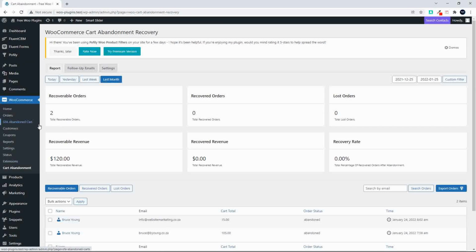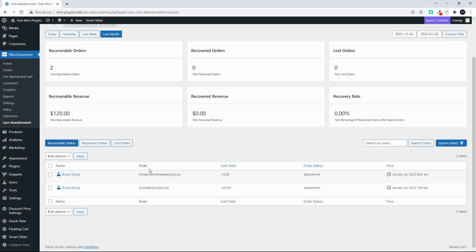So this is doubling up, so perhaps you don't need the reporting side. This plugin does have some reporting as well. So here once again, recoverable orders, recovered orders, lost orders, recoverable revenue, recovered revenue, and recovery rate. The nice thing here is that I can see who was in the cart, the email address, and the order status of abandoned. And then I can also go and view that order. So if I click on view,